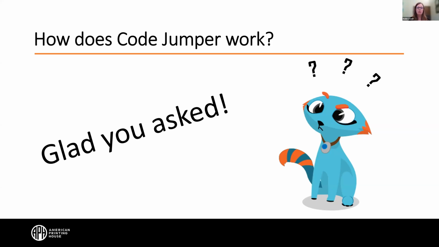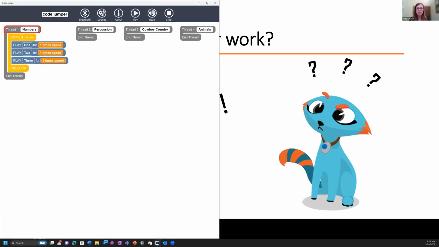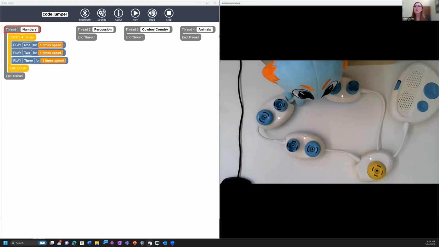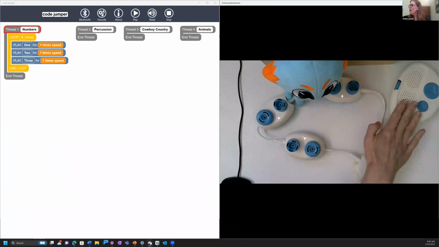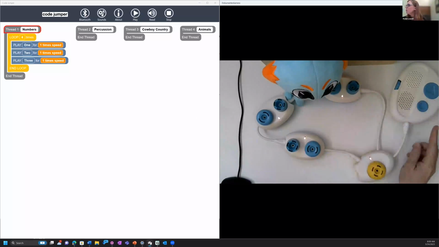So how does Code Jumper work? It sounds like everyone has a pretty basic understanding. It's a physical coding language that students can put pods together. I'm going to bring up my picture of what we have going on here. We have a hub, which is the biggest